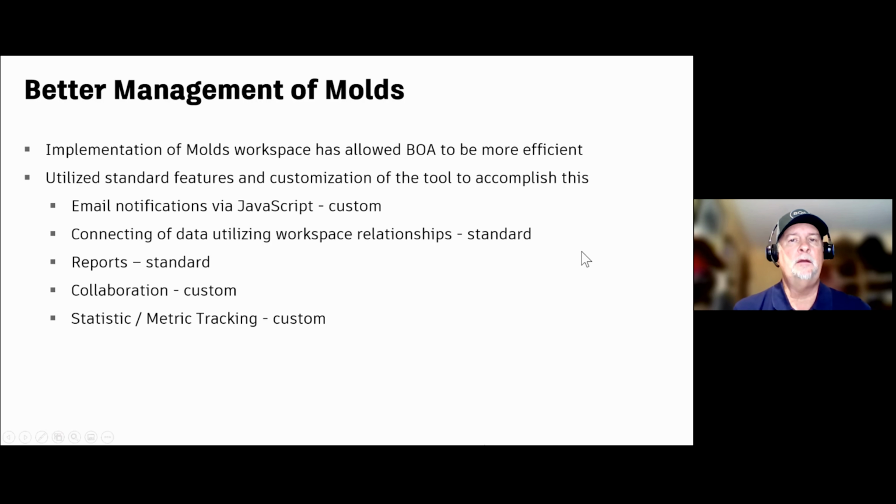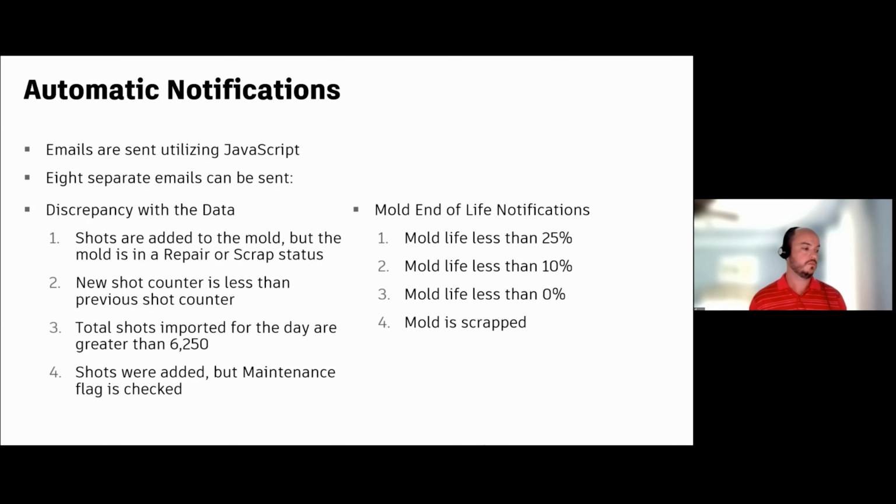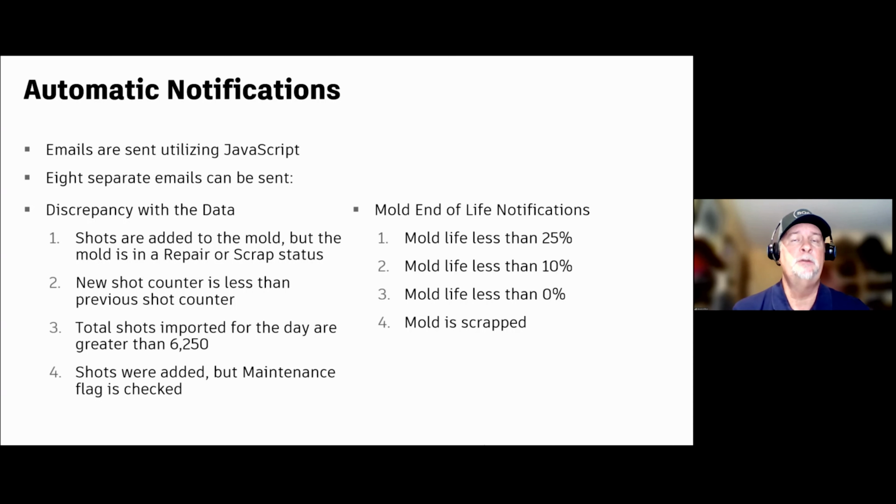We want to make sure that the mold being reported is actually in production. There have been times when we will get shot counts on a mold that maybe has been scrapped, and it should not be possible for that to happen. Something we will get on the phone immediately and talk to our contract manufacturer about. Usually it's a typographical error, but sometimes it's not. We also want to make sure the mold's not in a repair state or has been removed from the production line for maintenance. Those molds should not be running shot counts on a daily basis.